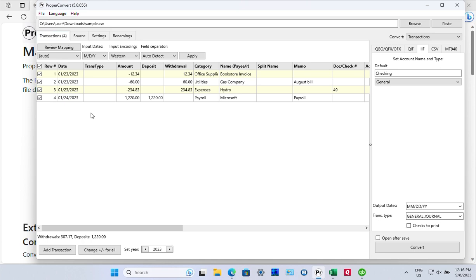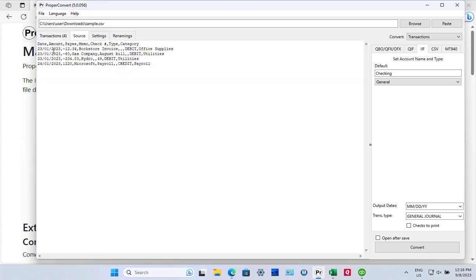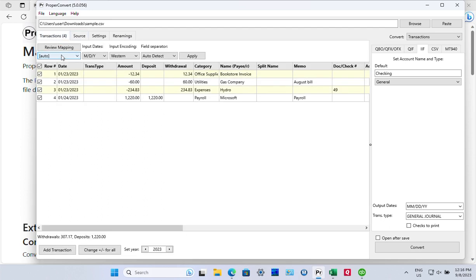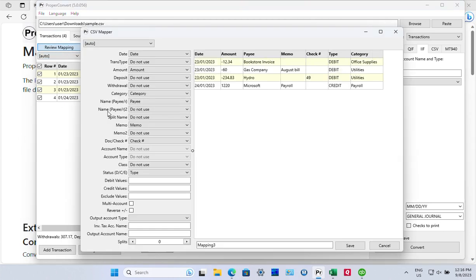Your CSV file may have headings. That's the first line with column names, and if it has it, that's good, because the parser would figure out the columns by itself in most cases. And if it doesn't, then you can always do review mapping and adjust the mapping. If you click review mapping, then you would choose columns in your CSV file, how they should be used for transaction details. In this case, date is used for date,